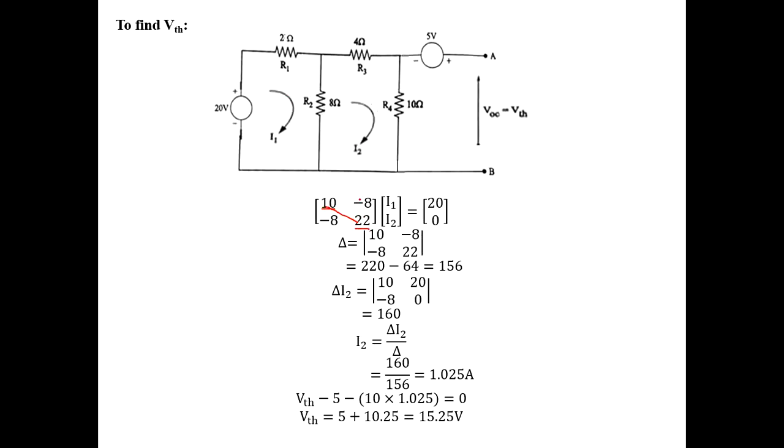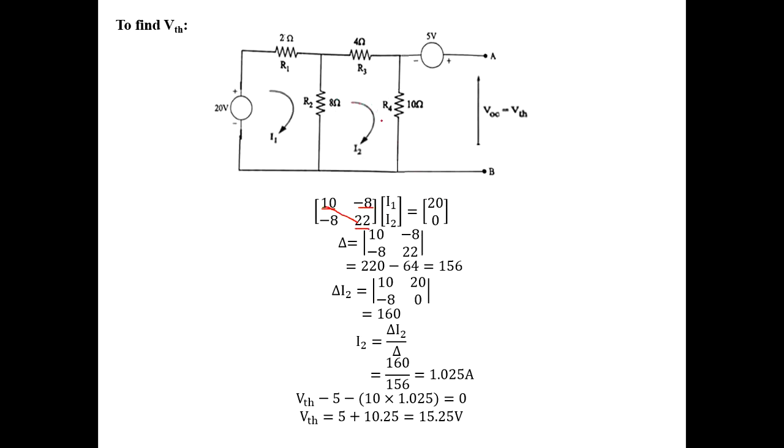Next, this place is A12. Between loops 1 and 2, the value of the resistor is 8. Both the directions are opposite, so we can put minus 8. Here this place is A21. A21, between 2 and 1, the value is minus 8. The currents are I1 and I2, which is equal to, we have to write the voltage value. In the first loop the current is flowing from positive to negative. The arrow means this negative, so we can write the value as positive 20.